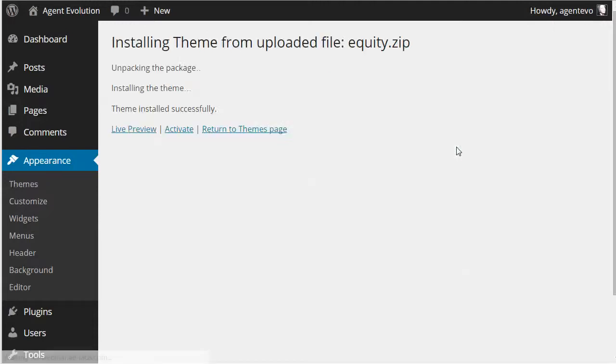Install now. Now once it's installed, there's no need to activate it. You don't need to activate Equity. You just have to have it installed before you install Picture Perfect. So now we're going to go back to the Themes page,